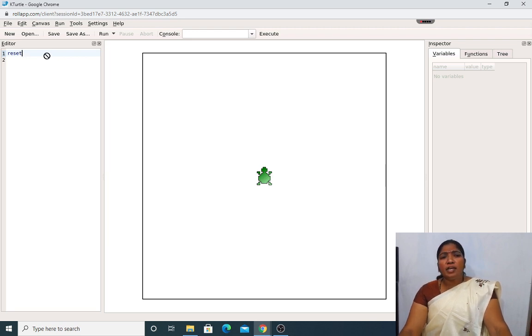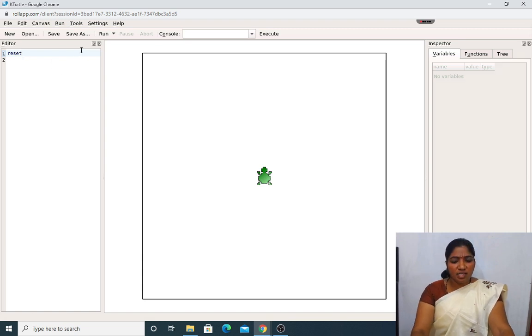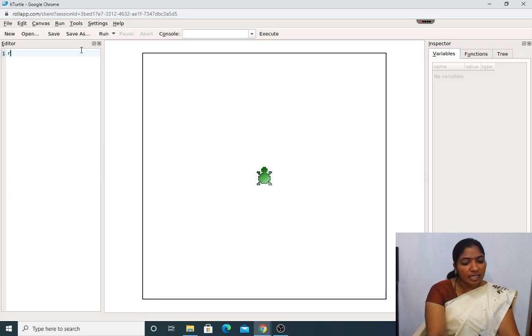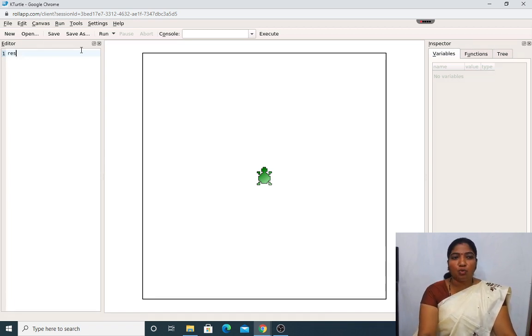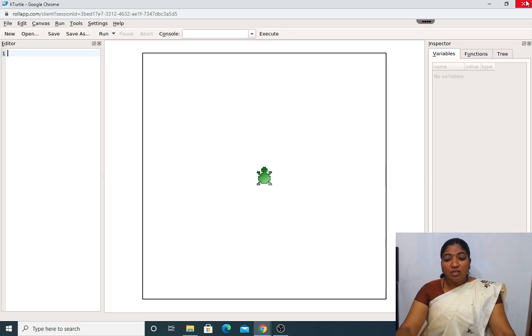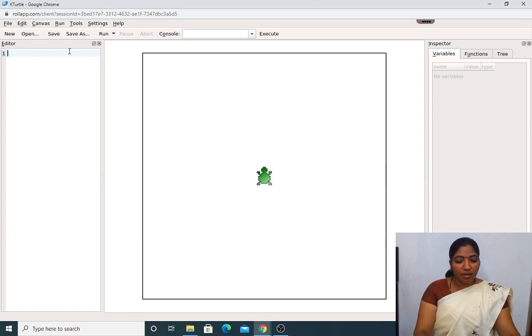We will make use of all the commands in a single program. Let us see. Before that, we have to reset the turtle to its original position, and then if you are following the textbook, just go to page number 46 and 47. There you have certain commands or lines. All those lines you have to type in the editor pane. Just go through that. Okay, my dear students.